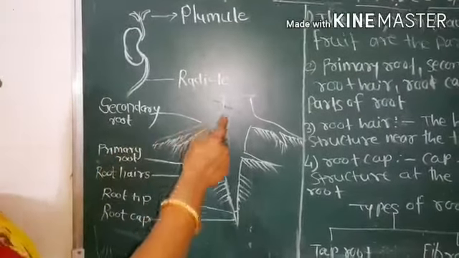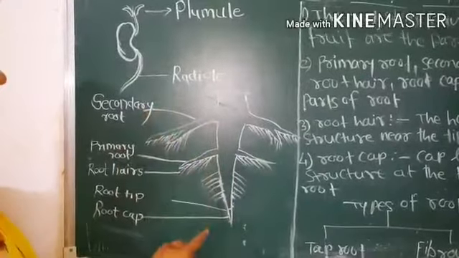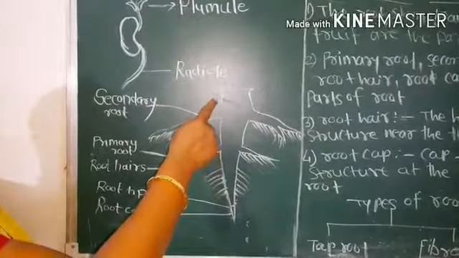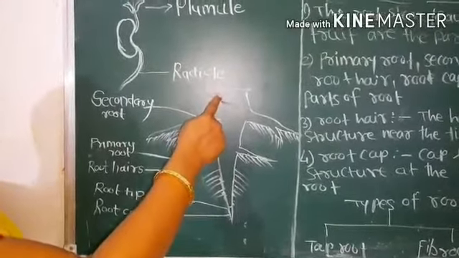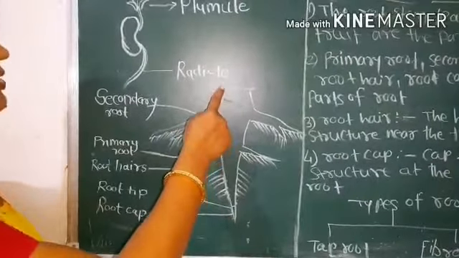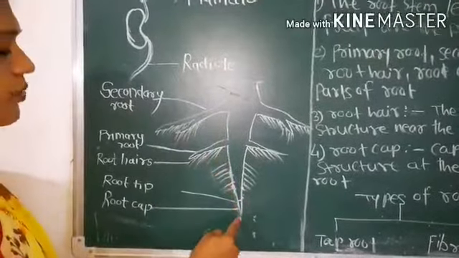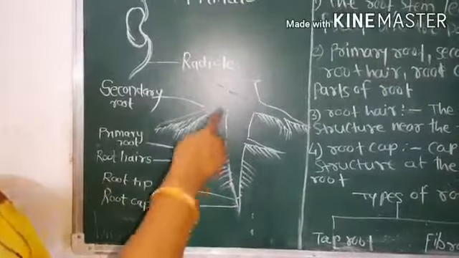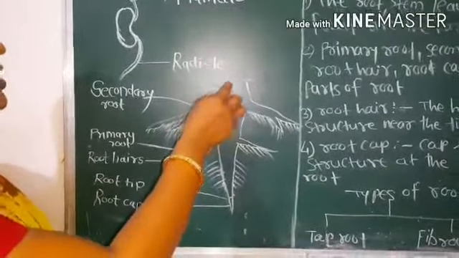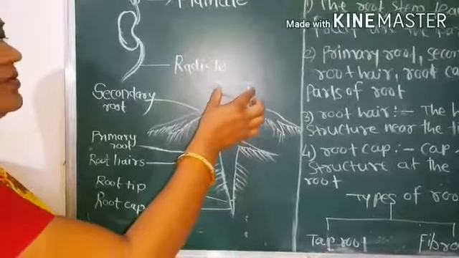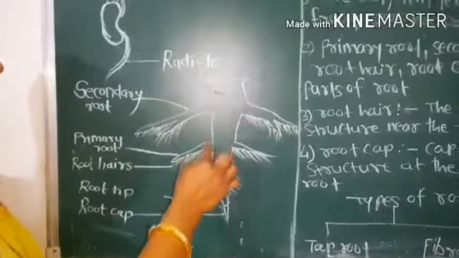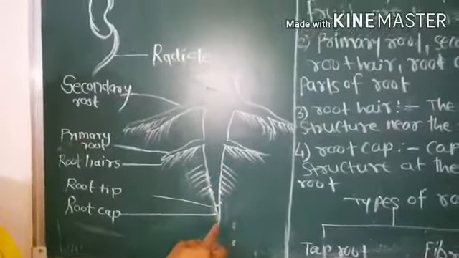So see, this is the diagram of a root. This root is thick near the ground or soil, and it gradually tapers towards the pointed end. बघा हे मूळ आहे, हे जमिनीलगत खूप जाड दिसत आहे आणि हळूहळू ते टोकाकडे निमुळते होत जात आहे.